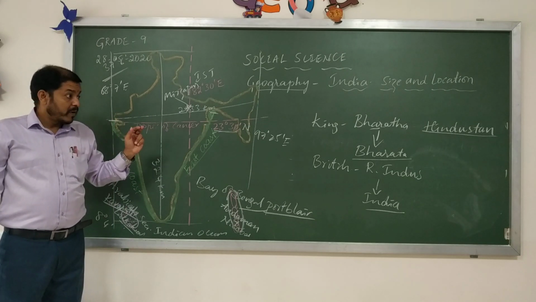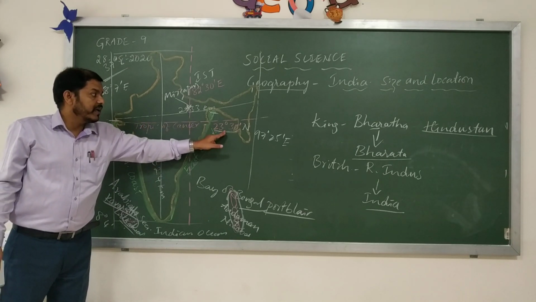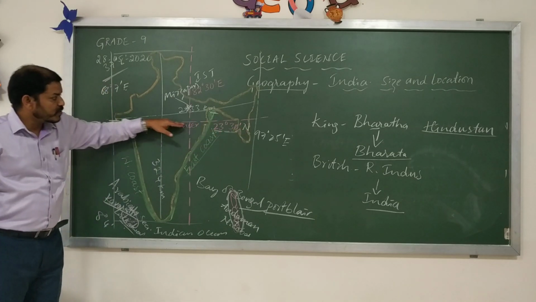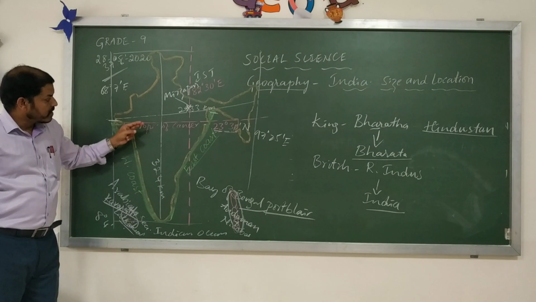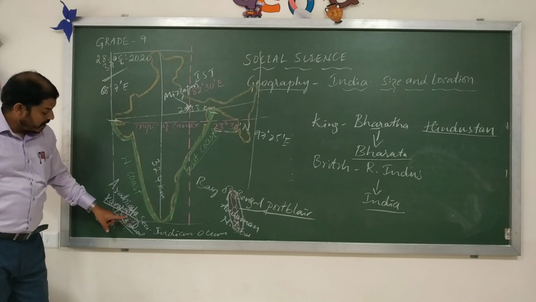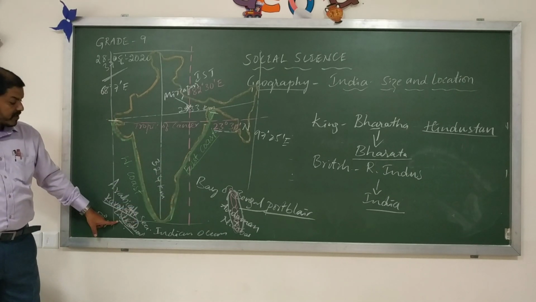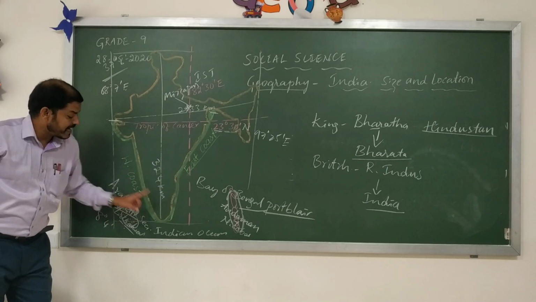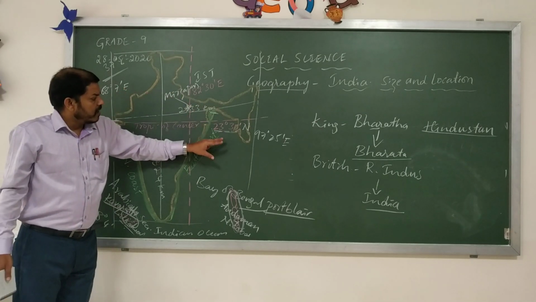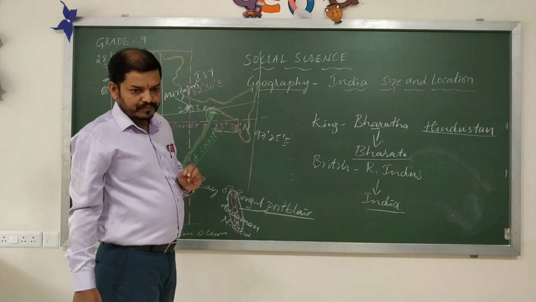Sorry, the central meridian of the country, and the Tropic of Cancer, 23 degrees 30 minutes north, which passes through the middle of the country. The length and the width of the country we also studied, and the marking of islands, the Andaman and Nicobar Islands and the Lakshadweep Islands, and the two seas and ocean and their marking. These are the things we have to understand for map marking purposes too.